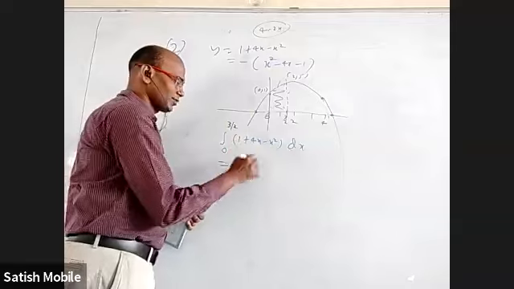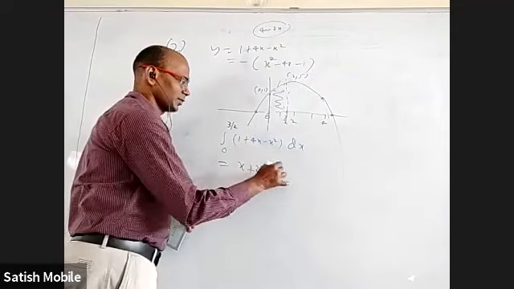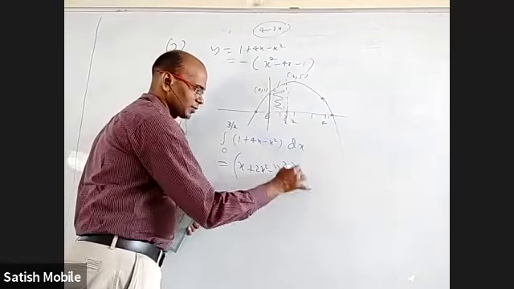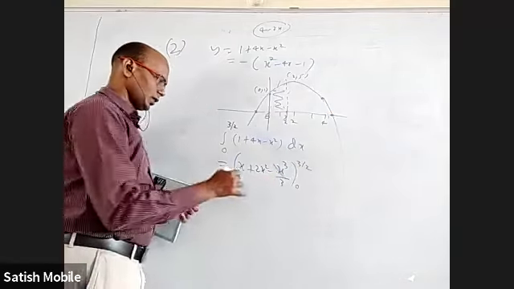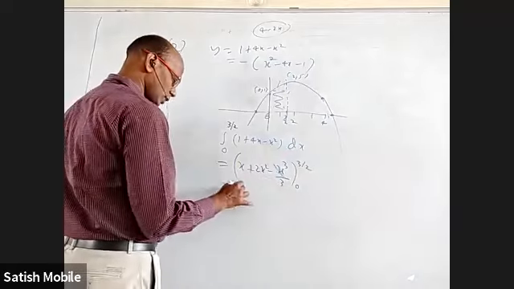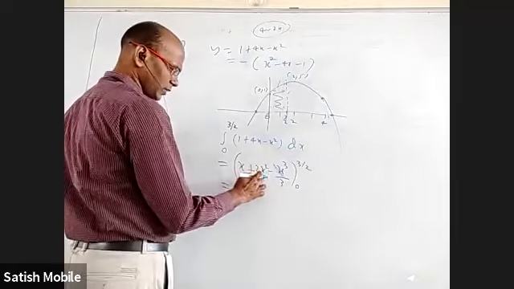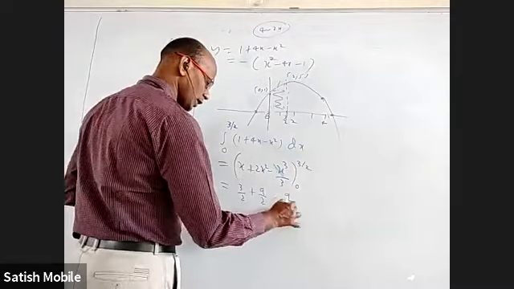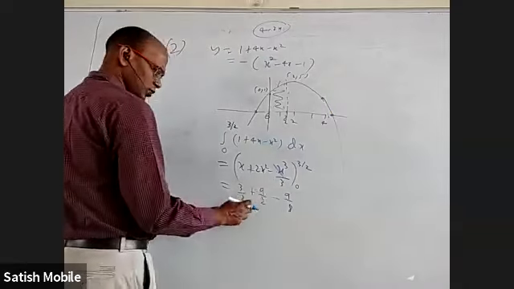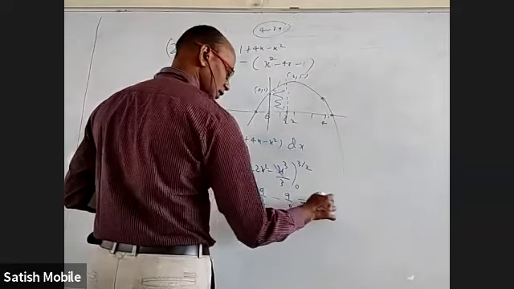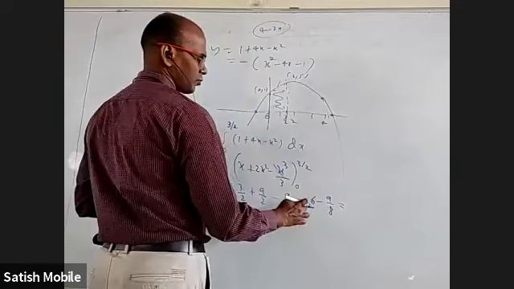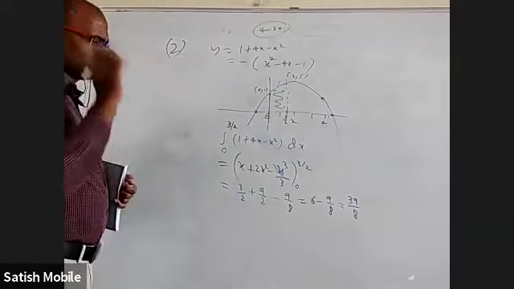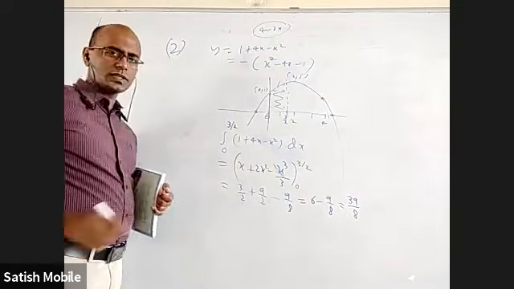Anyway, integral of 1 is x, integral of 4x is 2x square, minus x square integral is x cubed by 3, with limits 0 to 3 by 2. So when I put 0, everything is 0. When I put 3 by 2, it is 3 by 2 times 9 by 4, so 9 by 2... wait, 4x gives 2x square, which is 2 times 9 by 4, so 9 by 2. Here x cubed by 3 is 27 by 8 divided by 3, so it is 9 by 8. This is 12 by 2, 6. 6 minus 9 by 8. 8 sixes are 48, 39 by 8. Okay, if I am wrong somewhere in calculation, please tell me.